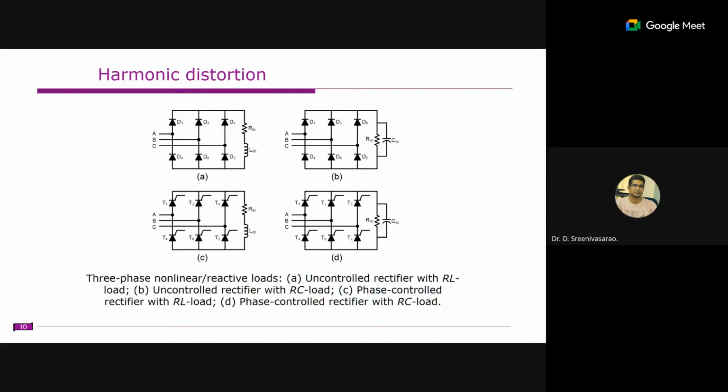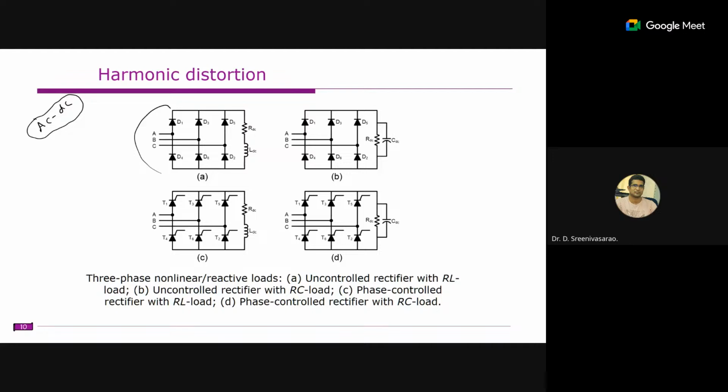So what kind of loads are more common here? Mostly rectifier circuits are used for AC to DC conversion for any sort of application, whether it is a motor drive, a handheld tool, or an air conditioner. The first step is to convert this AC into DC. In early days, we normally used different types of rectifier circuits, like the single-phase rectifier or the three-phase rectifier.